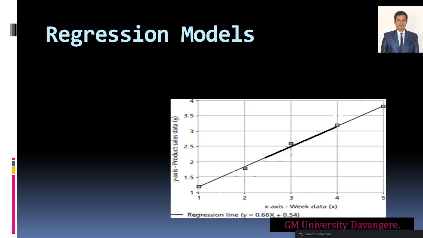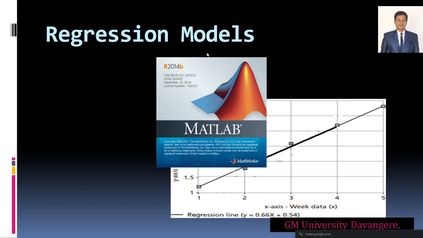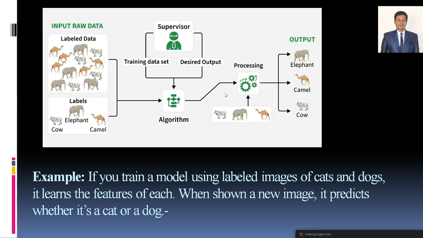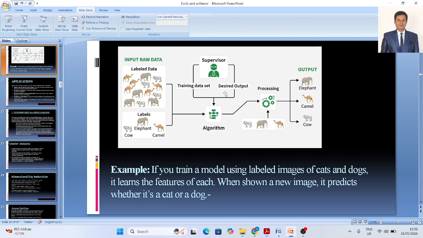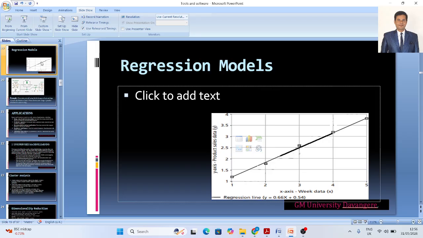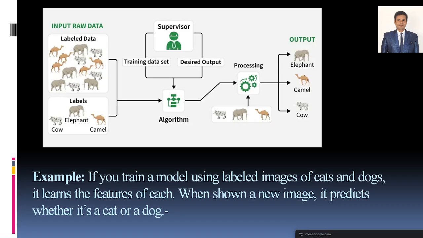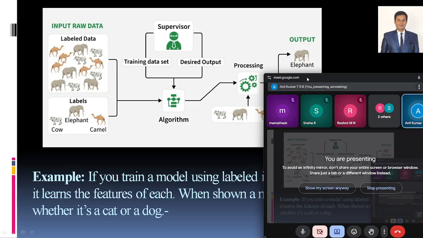Every time you have to see the various values, you have to provide the various values. So, alright, this is actually called prediction models. Is that clear, the supervised learning? Yes, sir.